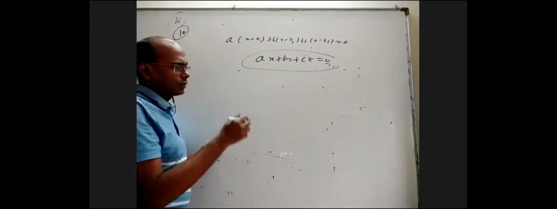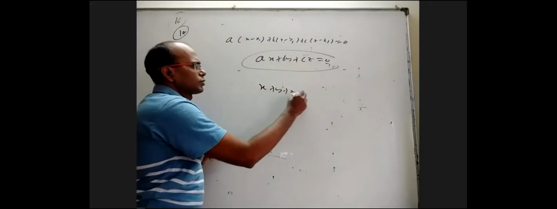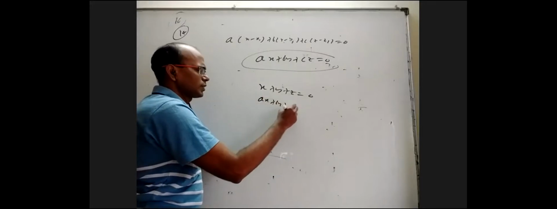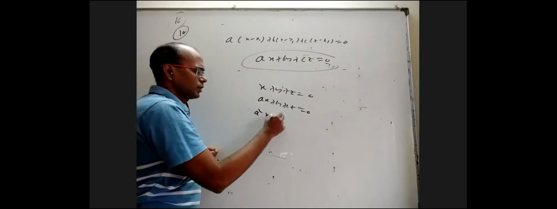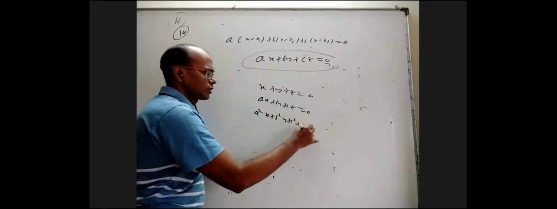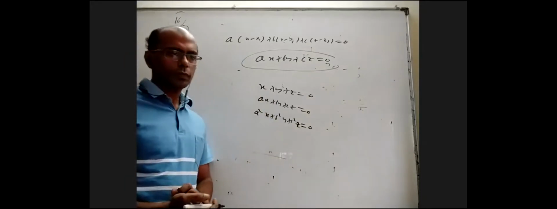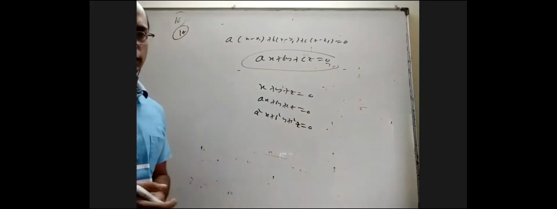So he said one time 1, 1, 1. So x plus y plus z equal to 0 is one plane. Another time he said a, b, c, which is ax plus by plus cz equal to 0. Another time a square, b square, c square. So we'll get a square x plus b square y plus c square z equal to 0. For these 3 planes, origin is already a solution, but they want that there should be only one point. There should not be any other point other than the origin.